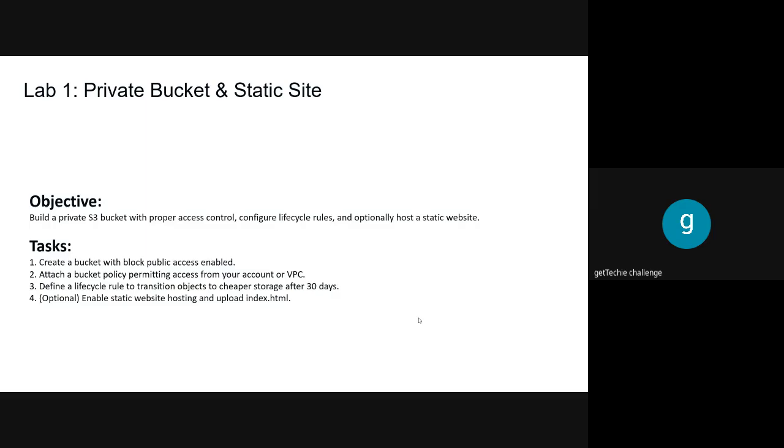Now let us go to our lab one, private bucket and static website. But before then, we have 5 minutes for questions. So any question, please. I know I've rushed through it because we are going to do it anyway, right? But you can go through the recording and you'll be able to understand. But if you have a question, you have a 5 minute questioning. Yeah. Okay, Chucky, let's go.